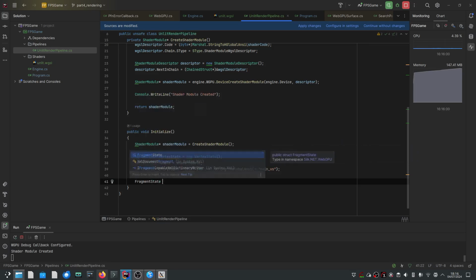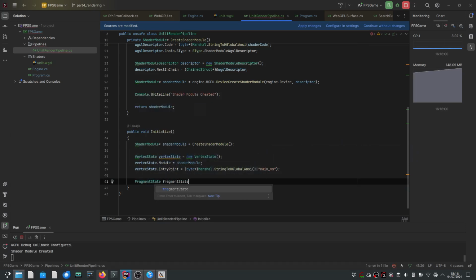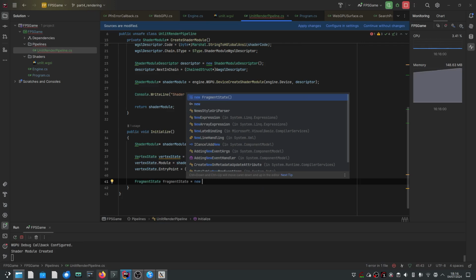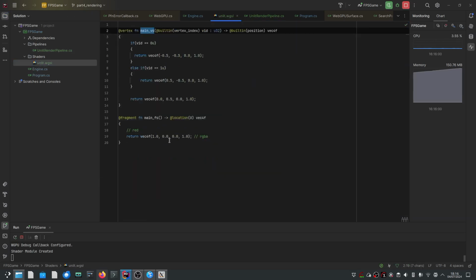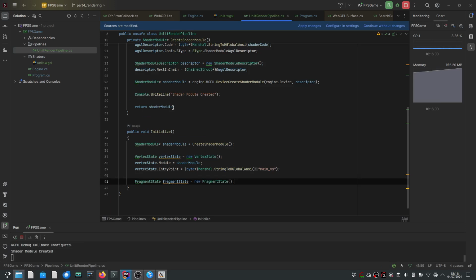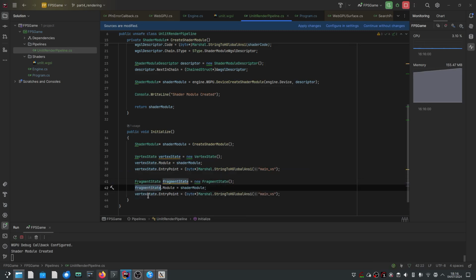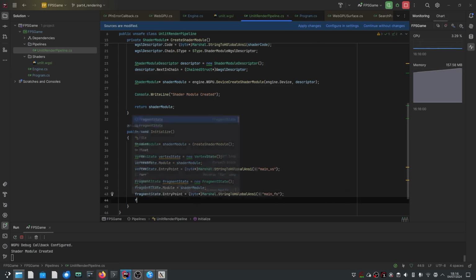While we're at it, let's just configure the shader first. So fragment state is that part of the pipeline that's responsible for coloring fragments. And here we just said, okay, just output red. So let's do that. It's also going to be similar to this, so I'm just going to copy paste it, and we have to say fragment state, and then I just used fragment shader for the name. But fragment state,